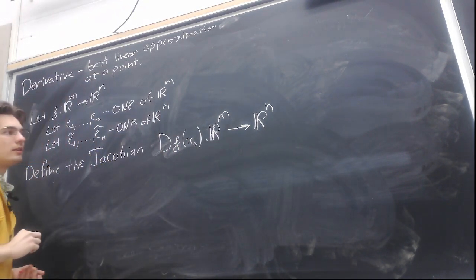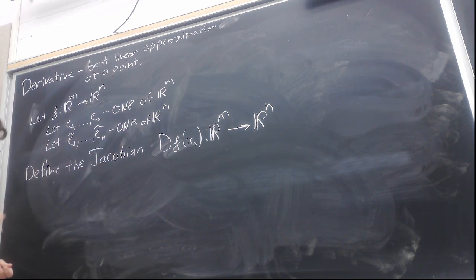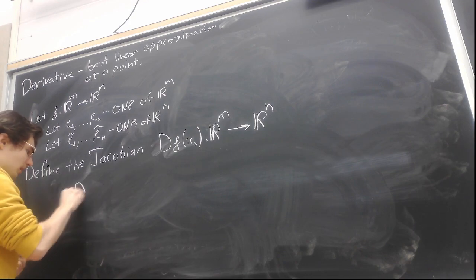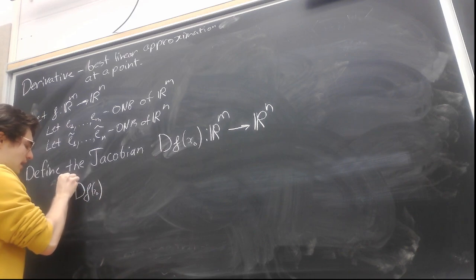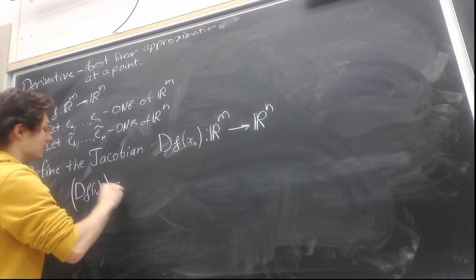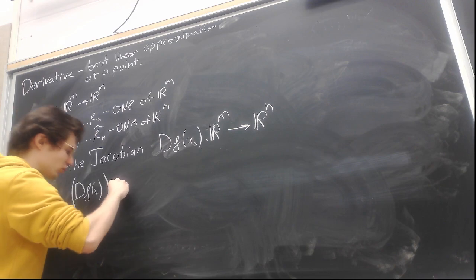We will define how it acts on the basis, right? In the usual way, where df at x naught applied to ej